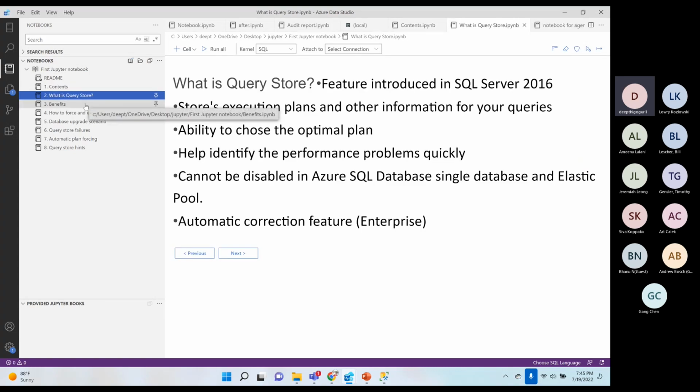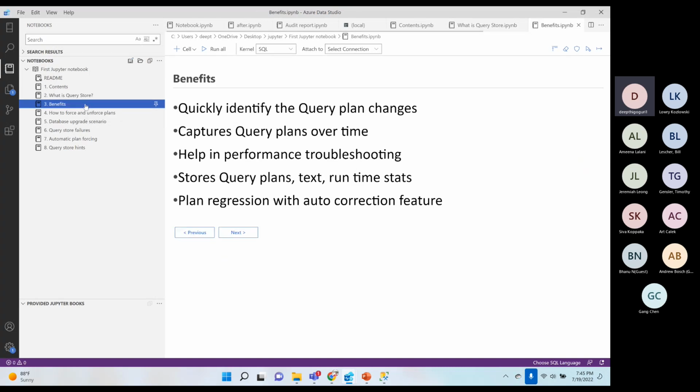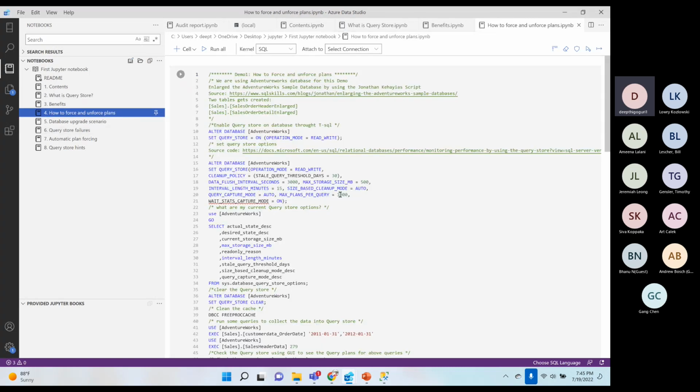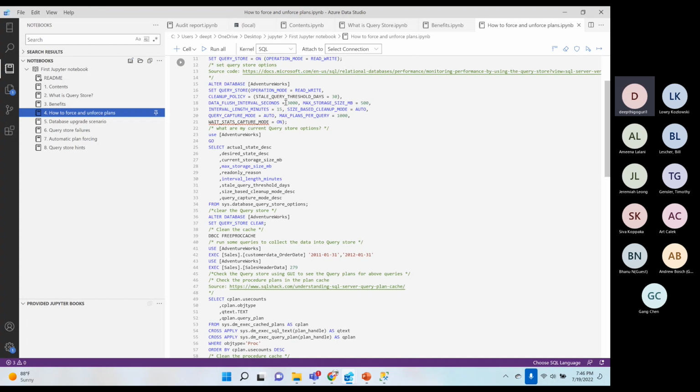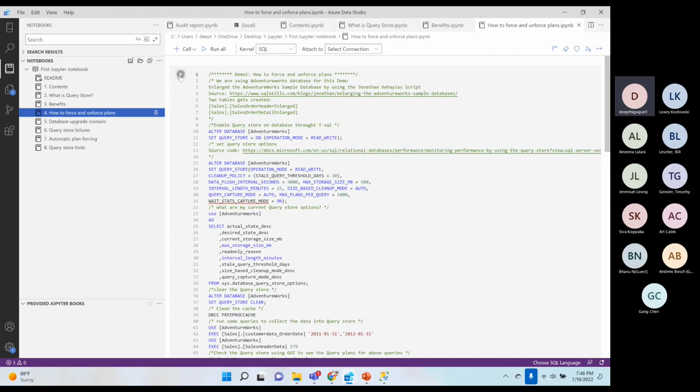I can simply walk through these SQL notebooks and explain things, right? The benefits, and how to force and unforce the plans from the query store. What I did was just copy and paste into the SQL notebook. It created everything for me. It actually gave me a single code cell, but you can take your time and create different code cells and run one step at a time to show it in your demo. So I just wanted to show you the collection of SQL notebooks